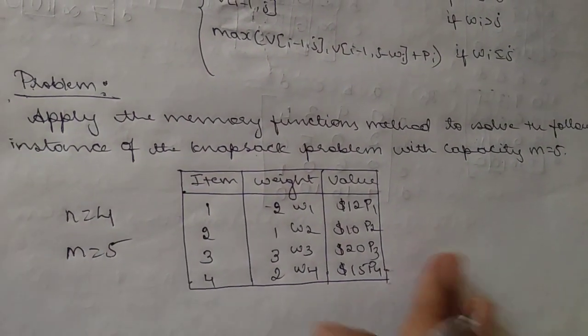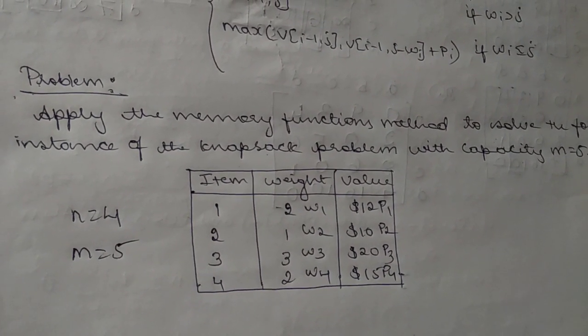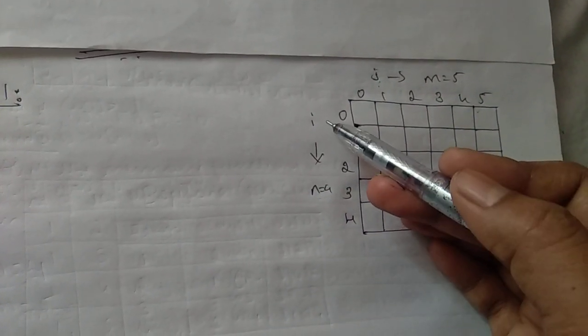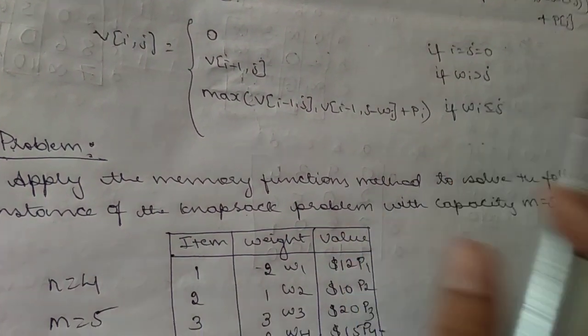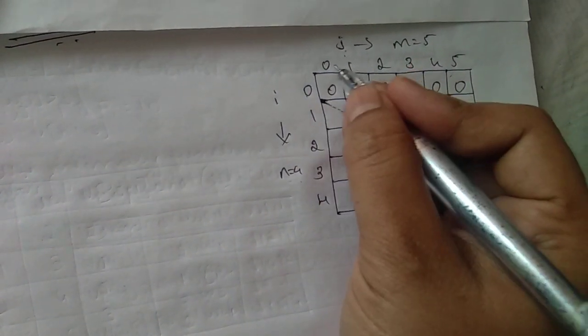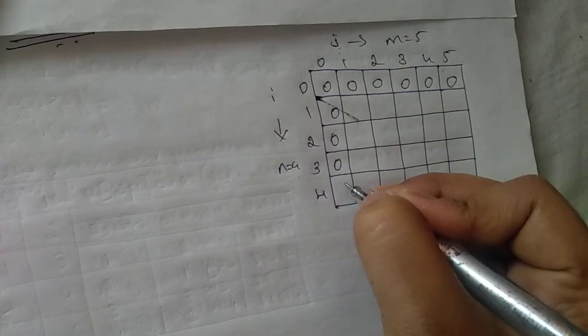Now let me see how we need to compute the knapsack by using memory functions. Let me go with step 1. This is how we have to construct the table in a matrix format. For j, m is equal to 5 means from 0 to 5 you have to take, as I told you yesterday. Then for i, n is equal to 4 means 0 to 4 we have to take. According to the first condition, if i or j is equal to 0, then the entire thing will be 0. Because in this row, i value will be 0, but j value varies from 0 to 5. Here j value will be constant, that is 0, and i value varies from 0 to 4. So all these will become zeros.